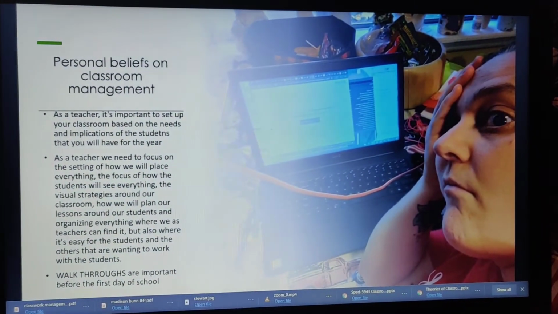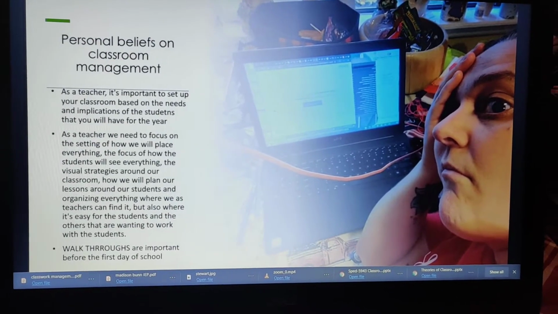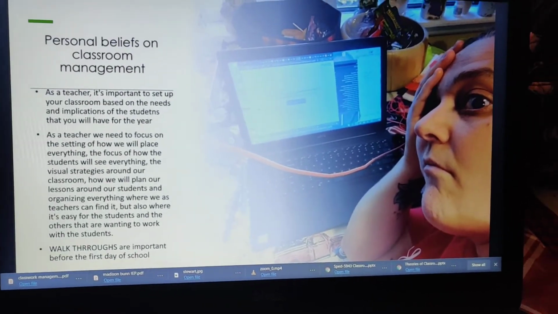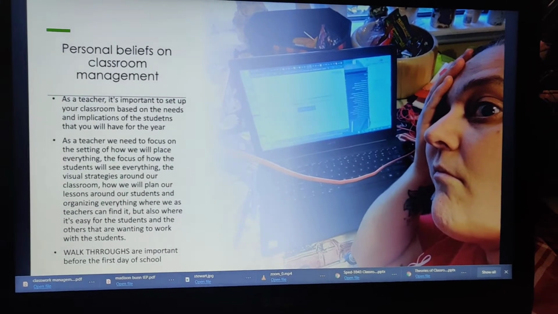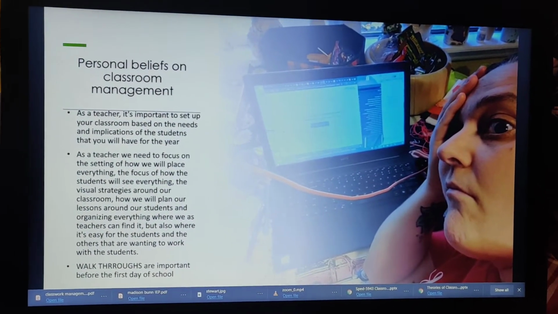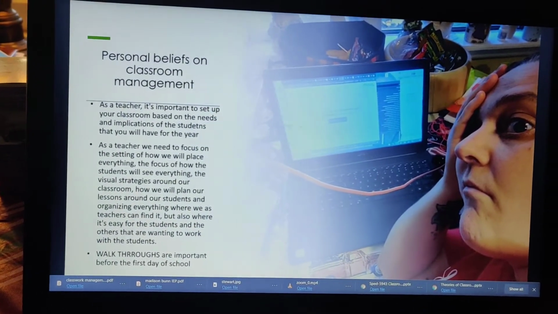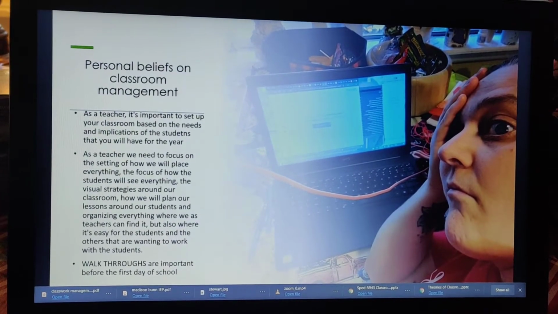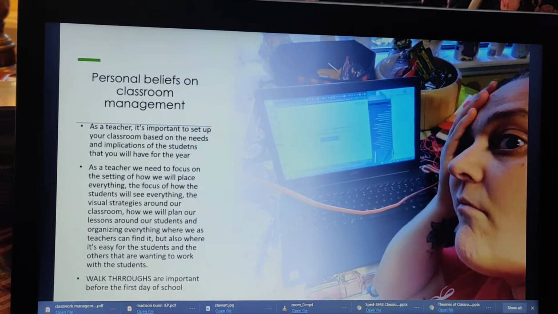So this is my personal beliefs on my classroom management. As a teacher, it's important to set up your classroom based on the needs and implications of the students that will be in your classroom for the year. I know at Tulsa Public Schools, we are told who will be in our classroom every year about the beginning of August, so that we can read their IEPs. We have their BIPs and their FBAs from the previous year. We know what is happening in their behaviors, so we can set up the classroom based off of every set